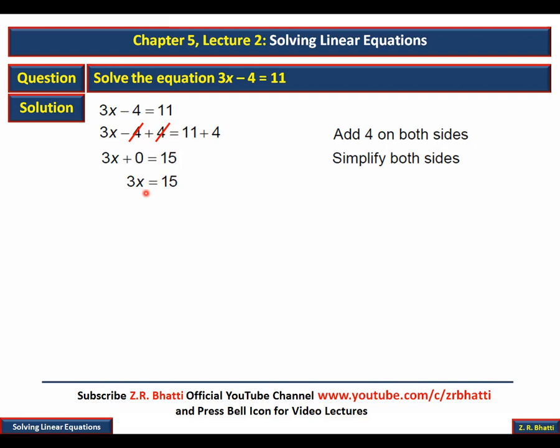At this stage, once again, you have to remove 3 from the left hand side. You can simply take this 3 on the right hand side by dividing 15 by 3. Or you can perform the operation dividing both sides by 3. We have,